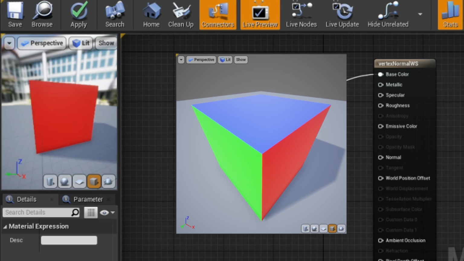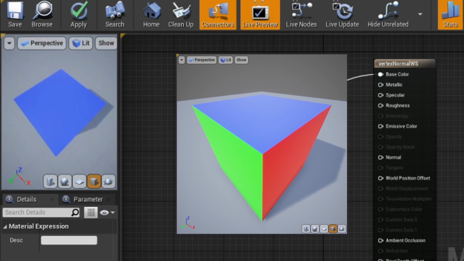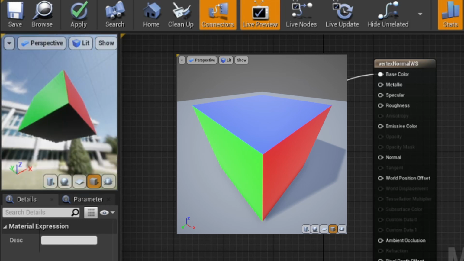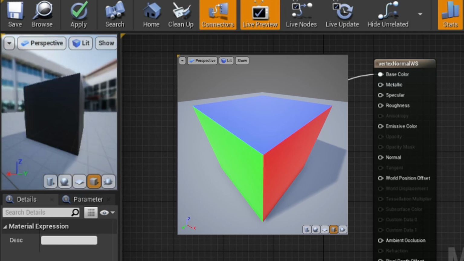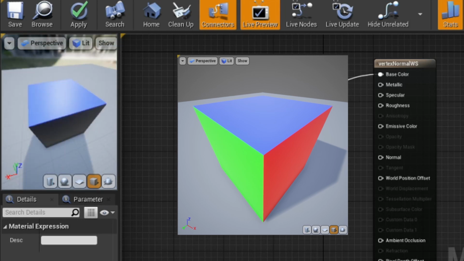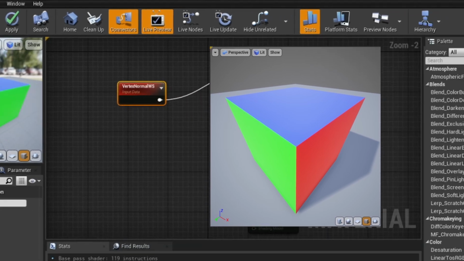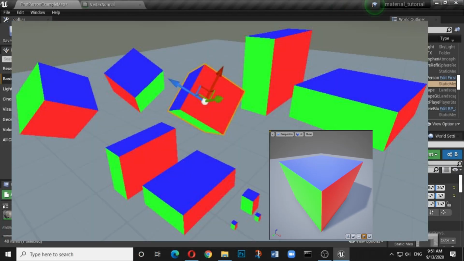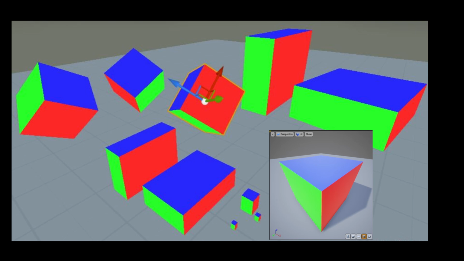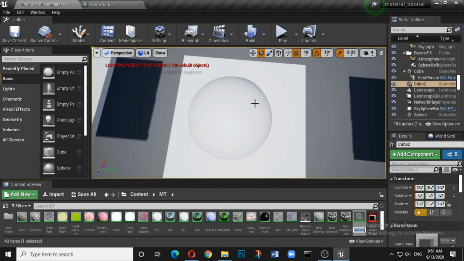This is the cube which has blue, green and red, which correspond to the Z axis, Y axis and X axis. The positive side of it remains green, but the negative side of the green becomes black. The same goes for red and the same goes for blue. So we have green on the positive side and black on the negative side, blue on the positive side and black on the negative side, and red on the positive side and black on the negative side. So with the vertex normal, you can actually control the color on different vertices and different faces.